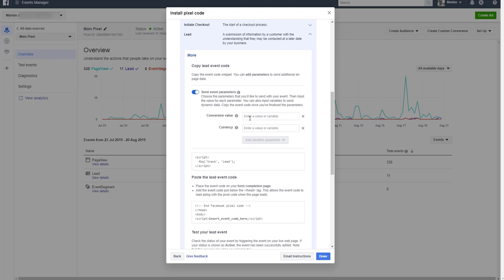So let's say if your subscriber value is like $1 per subscriber, and currency you can choose your own, like dollars, pounds, whatever you need. So you just enter these values and the code will change itself. So I usually install this basic code. So I'm gonna copy this code,